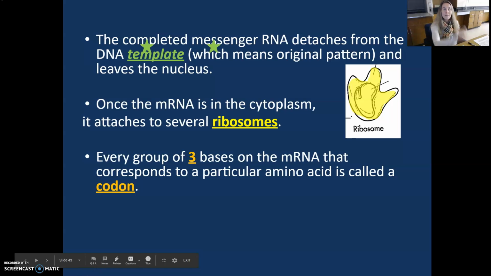So the completed messenger RNA detaches from the DNA template, so that means it leaves the parent strand, and then leaves the nucleus through a nuclear pore. Once the messenger RNA leaves the nucleus and is in the cytoplasm, it will attach to several ribosomes. Ribosomes are the site for protein synthesis, so we will be making proteins. So for every 3 bases on the mRNA, that corresponds to a particular amino acid, and we'll call this a